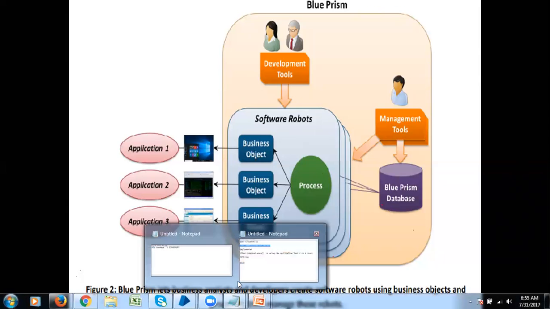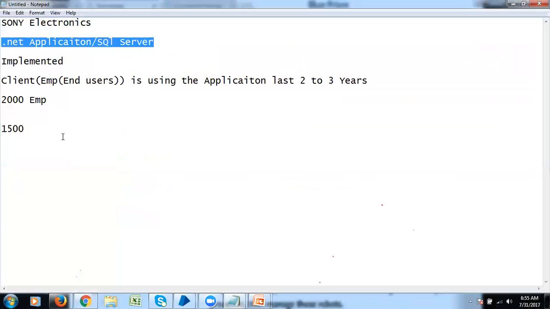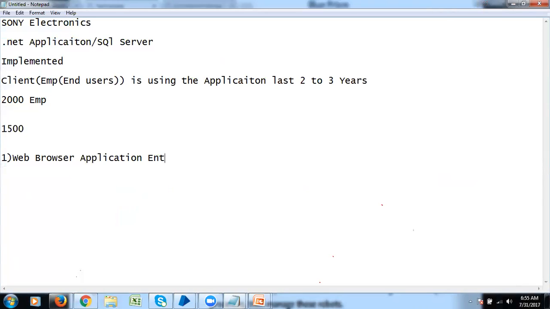Let's say you have a requirement like this. Let's say my client is going to open the web browser application, enter the customer name, then he is going to get the customer code. After getting the customer code, he is going to open a Windows application they are using.